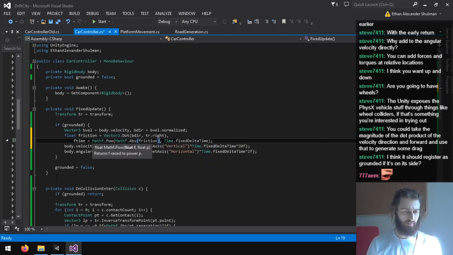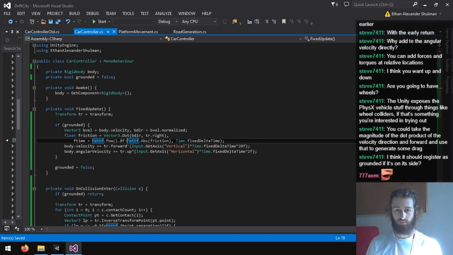So now, maybe turn this friction into a multiplier. So let's try that. So maybe this will apply the friction just to this.